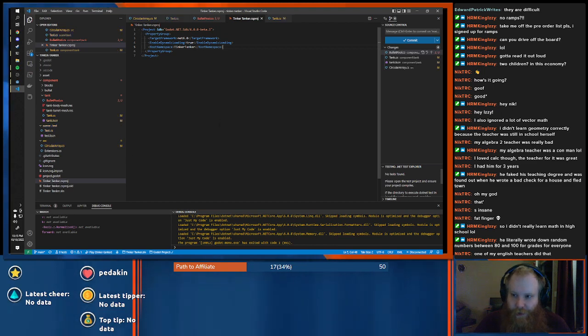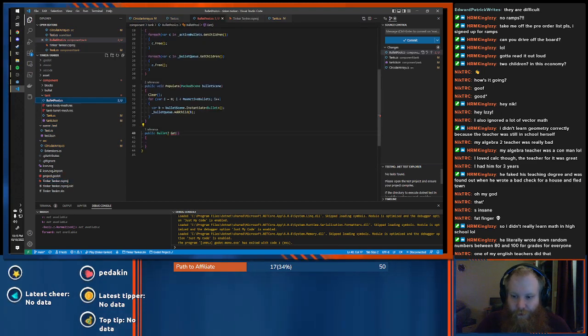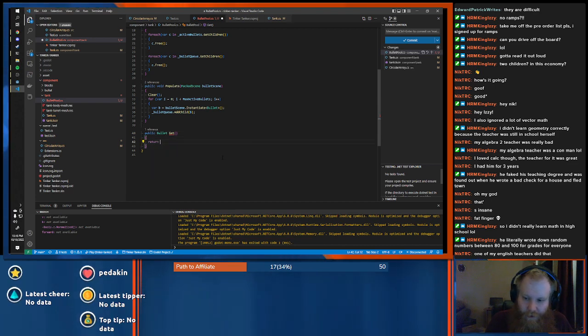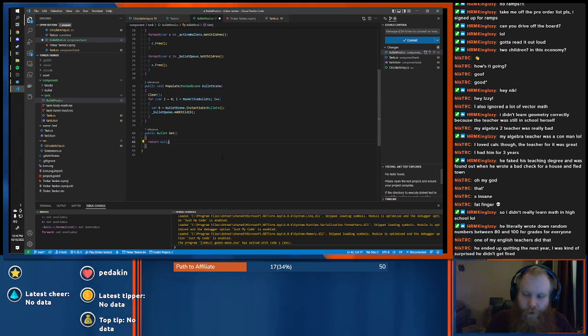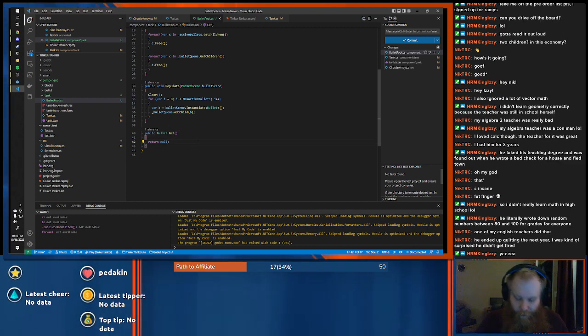We're going to use output parameters. So what we're going to do is this is going to be a public... Is that what I want to do? Can I just return null on a bullet? What happens if I do that? Can I just do this? Okay, it's just going to let me return null if I want to. So we'll do it that way.